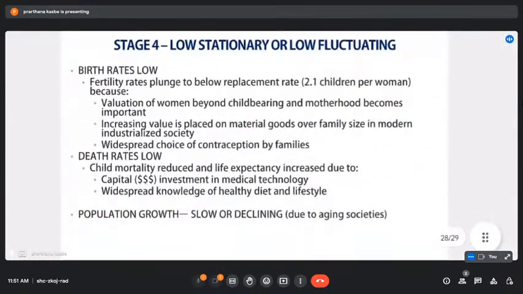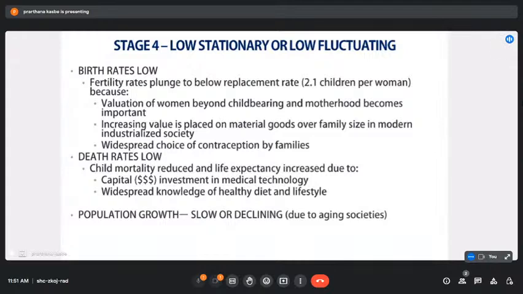The last stage of population is the fourth stage, the low stationary or low fluctuating stage. That is, the birth rate is low and the death rate is also low. So how is the birth rate low? What are the causes of the low birth rate in this particular stage 4? The fertility rate plunges below the replacement rate